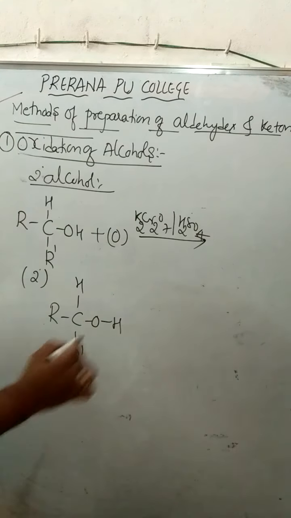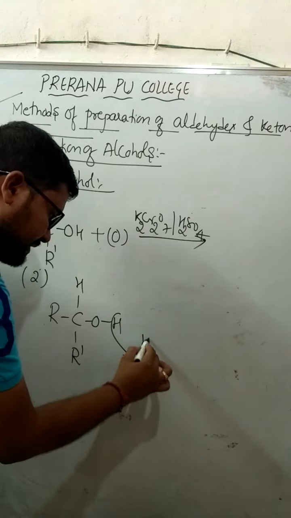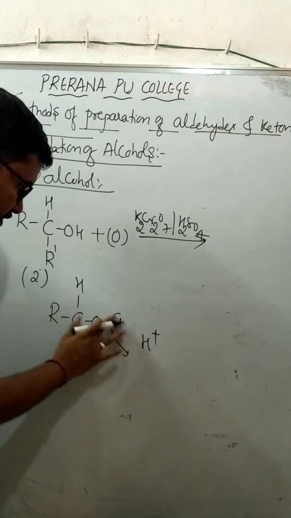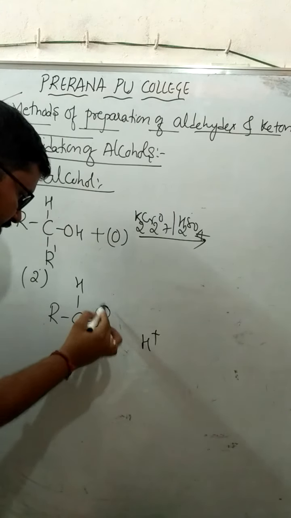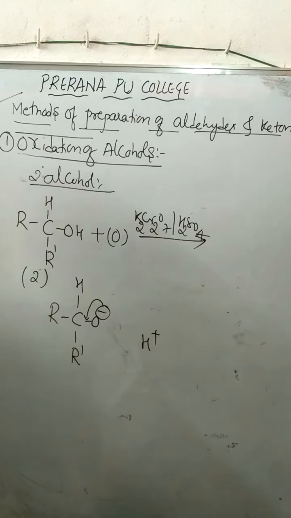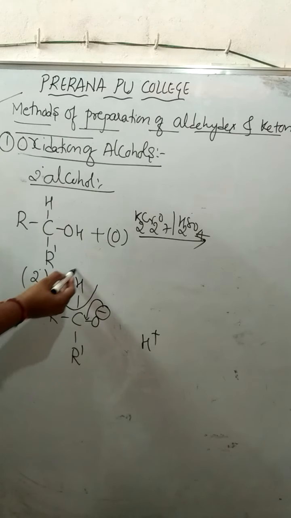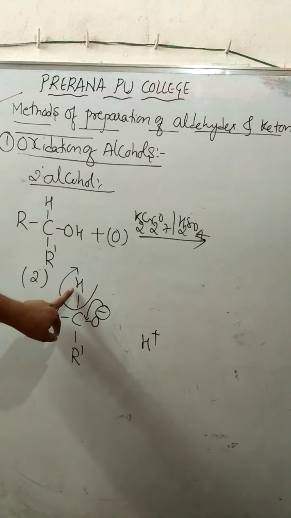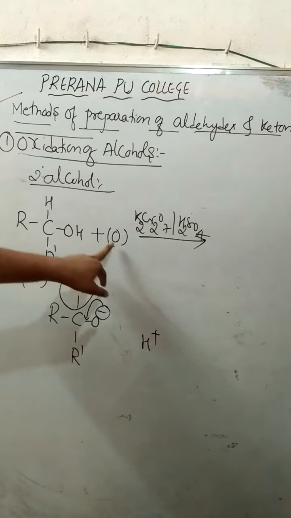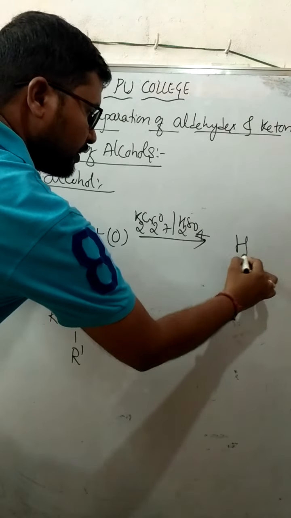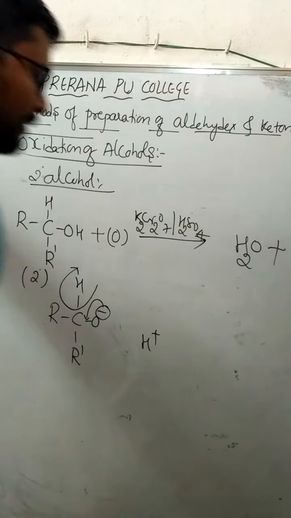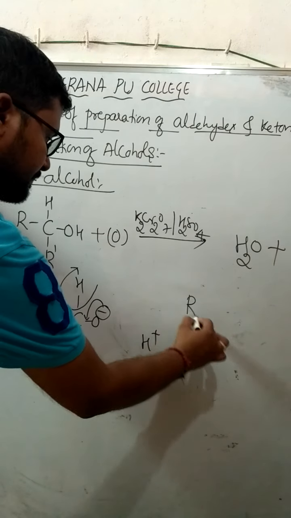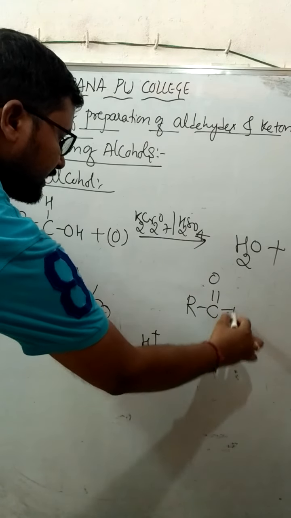Again apply the same logic, so that hydrogen gets eliminated as a proton, oxygen will become negatively charged. So migration of electron takes place between carbon and oxygen such that carbon will become pentavalent. To satisfy tetravalency, hydrogen gets eliminated as hydride, so that H minus will combine with H plus along with O to give out water as a byproduct. So along with water, there is a formation of ketone.